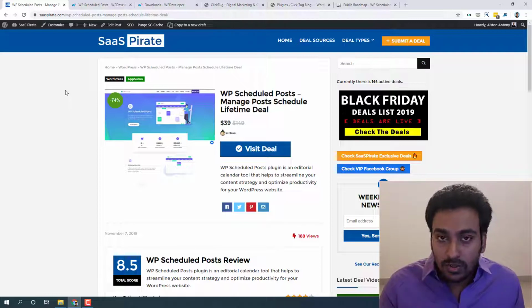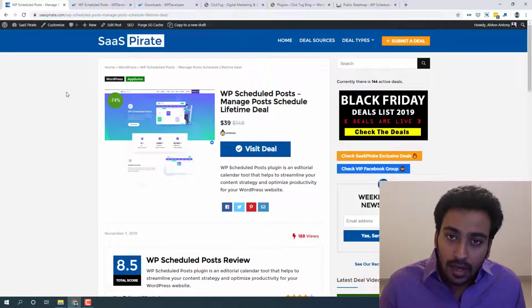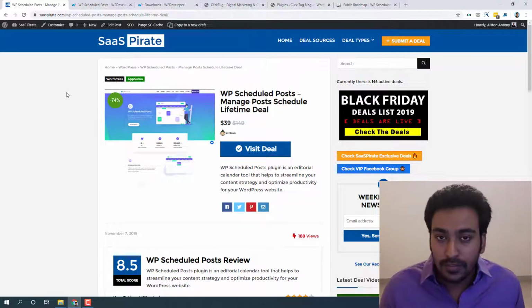What it actually does is help you schedule pretty much everything in WordPress the way you want, and it also allows you to automatically post any scheduled post that has been published directly to social media platforms. So it helps you schedule everything, and at the same time it helps you publish